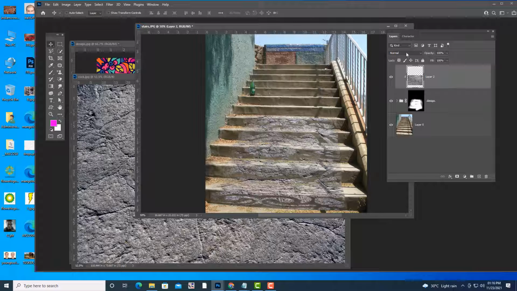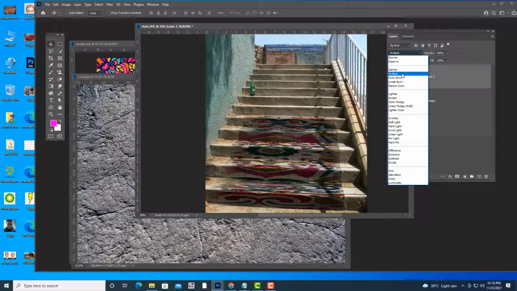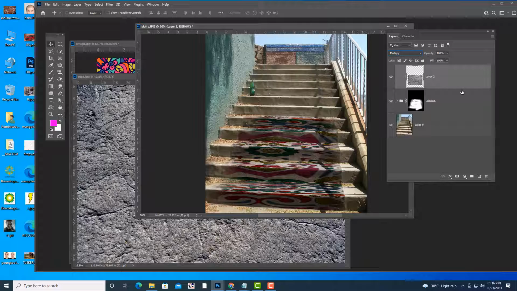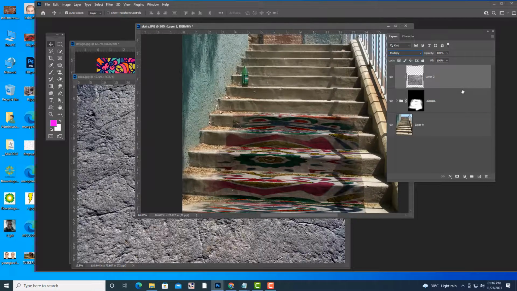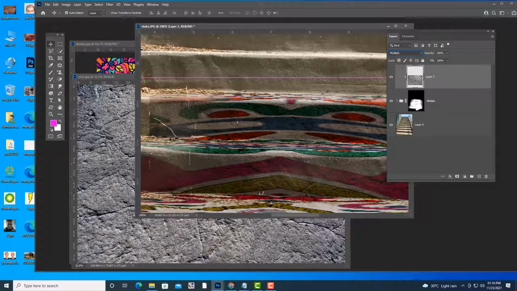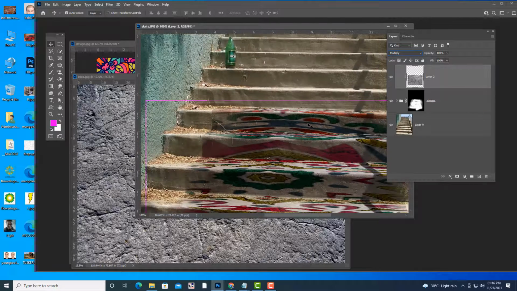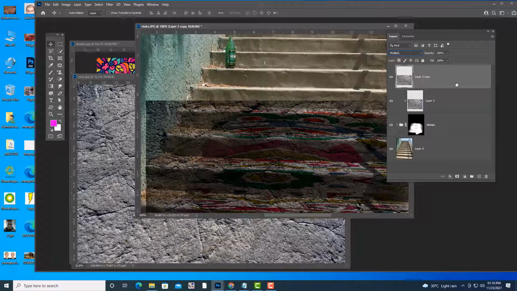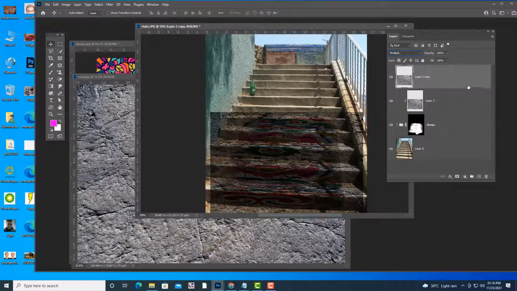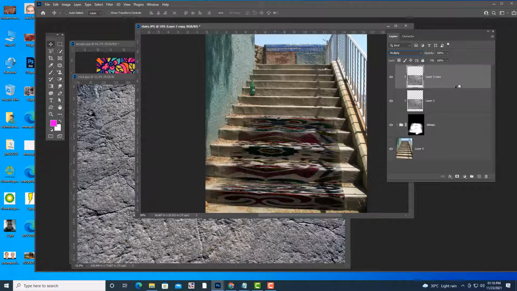So now what you do, just use a multiply blend mode. Okay, see, if you observe closely, you can see the rock texture here. And if you want more intensity, take a duplicate of this, Control J. Then again we'll make it into a clipping mask. Now it is a little bit dark, so if you don't want this much darkness, you can reduce it.